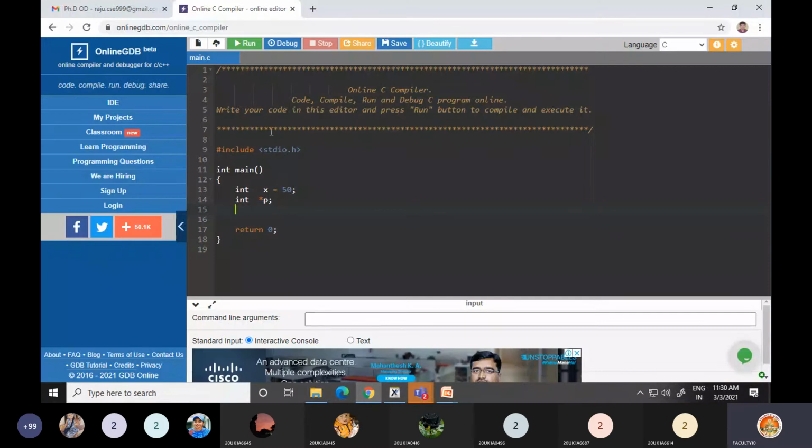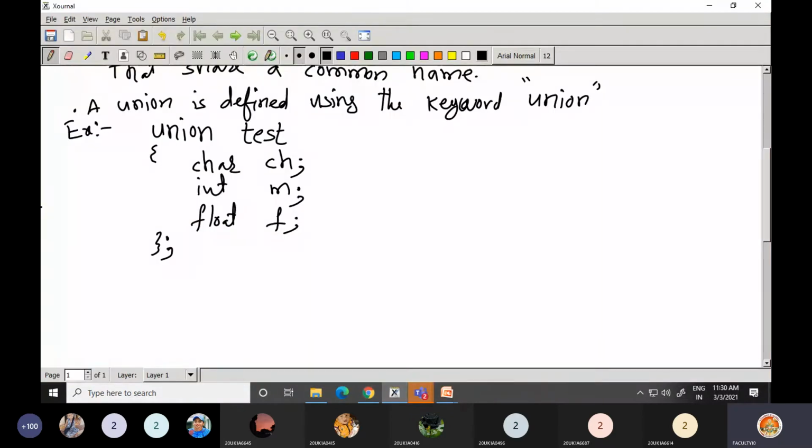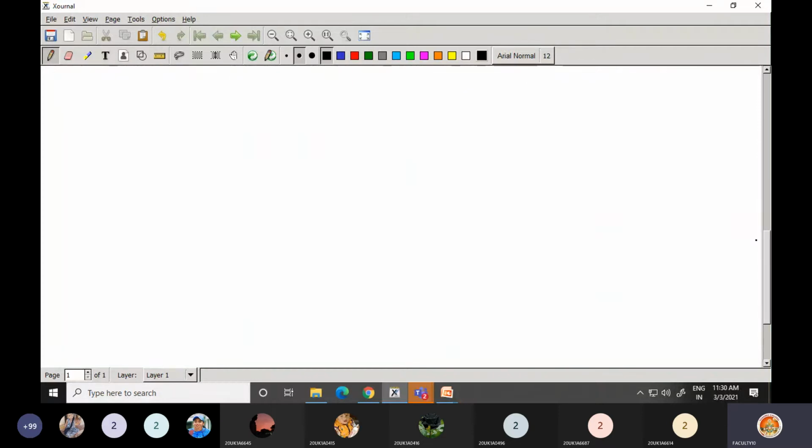Now see a simple program to demonstrate a pointer here. Okay, so what I am doing, I am declaring a variable x. X is equal to 50. When I say x is equal to 50, this is how the memory is allocated for x, as we were discussing.